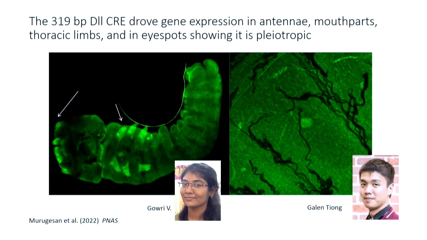So the final thing we did was we took the Distal-less CRE and we attached it to GFP, and we produced a transgenic line of butterflies. And what we observed was that that specific Distal-less CRE was driving gene expression in the antenna, in the mouth parts, in the thoracic legs, and also in the eyespot centers in the larvae of these butterflies later in development. And so, again, this is very strong evidence that there has been this network co-option